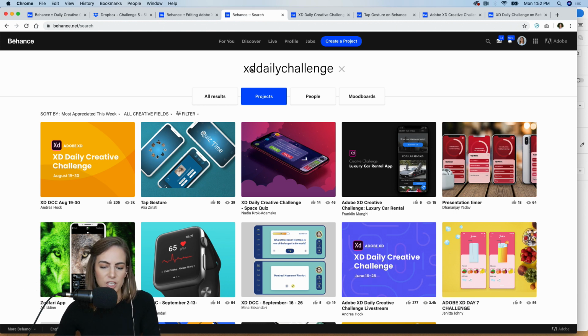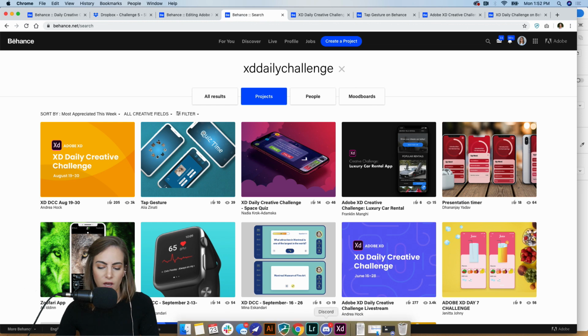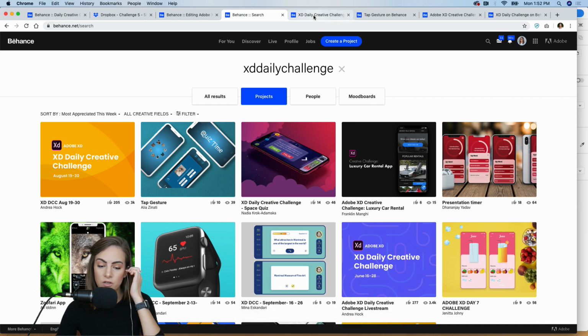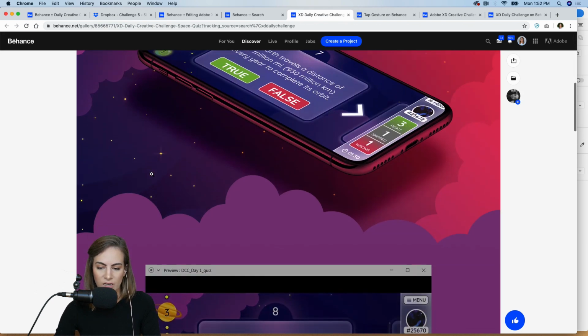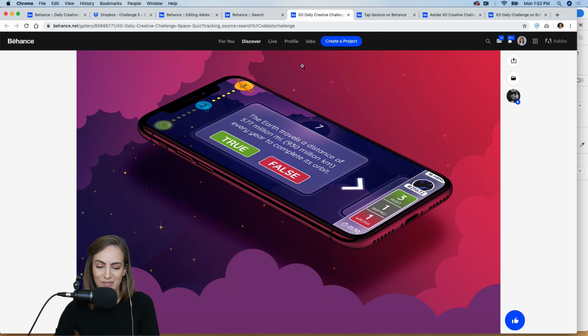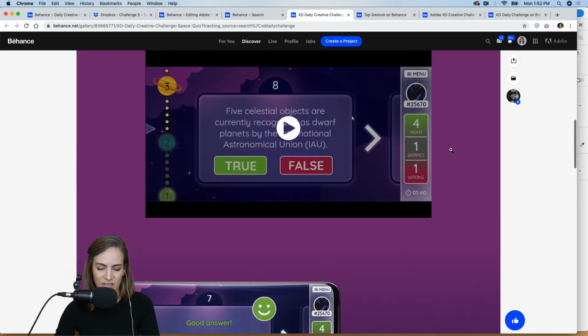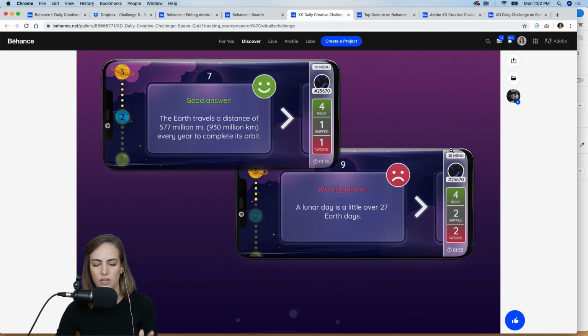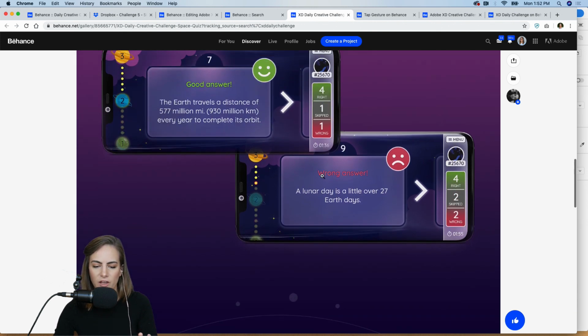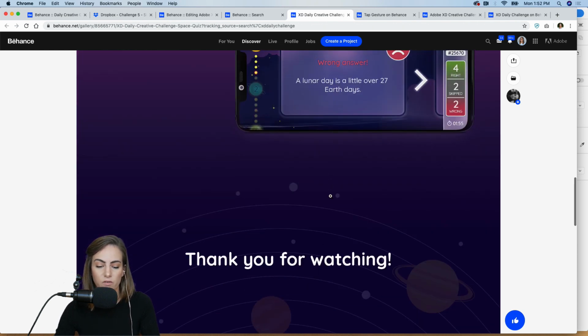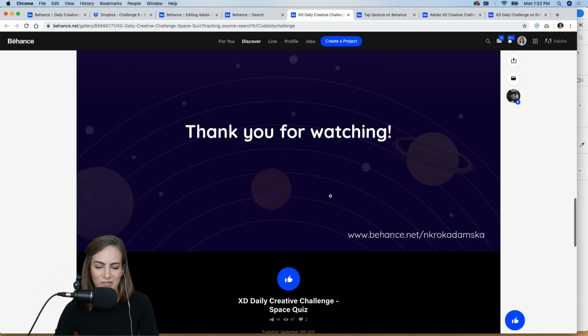I'm going to look at some of your work, my favorite part. So I just searched XD Daily Challenge. I know you guys have been posting in Discord a lot too. I already have a few pulled up from the previous challenges last week. So let's see. This one is by Nadia. And wow, look at this illustration around for the background. This is awesome. Okay, let's scroll down. So this was the quiz app where we did a flipping or swiping or dragging animation for how you want the card to flip over. Oh, siren in the background, if you can hear that.